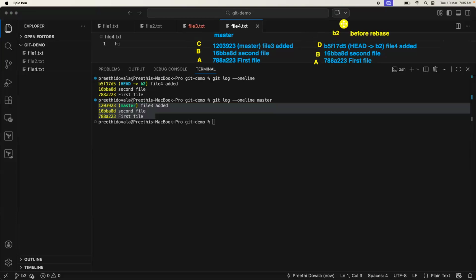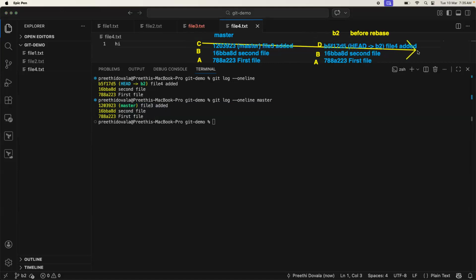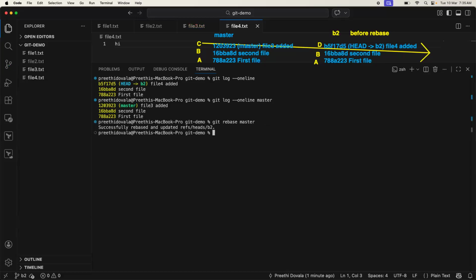Now I want to integrate changes from master to B2, but I want C to come and sit in between B and D, not as a topmost one. That's what we want, correct? So same like merge, let's do the rebase, git rebase, source branch is master. I'm already on the B2 branch. If you are already on the destination branch, you don't have to write the destination branch here. Simply rebase. And now if you see the log of B2,